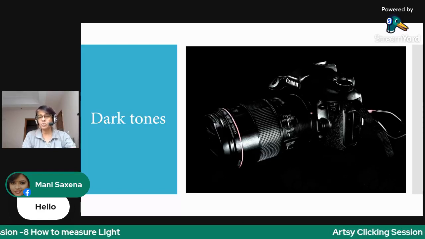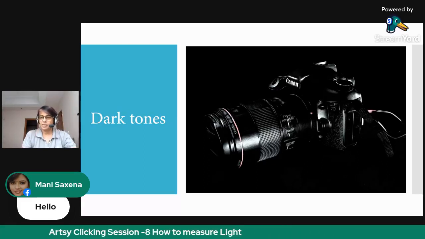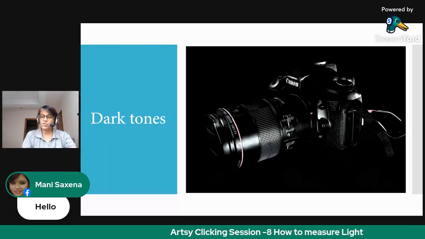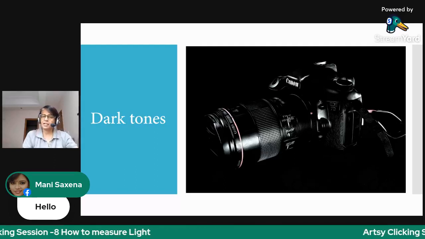But it is not so, because we know that black color absorbs more of the light, whereas white reflects more of the light. So this causes some images to be overexposed and some images to be underexposed in bright and dark scenes.